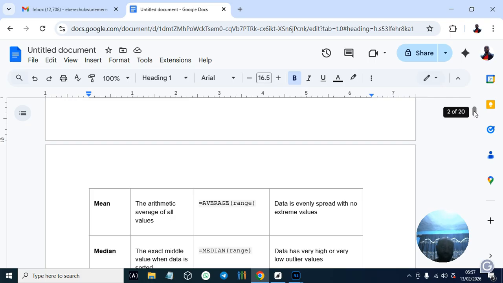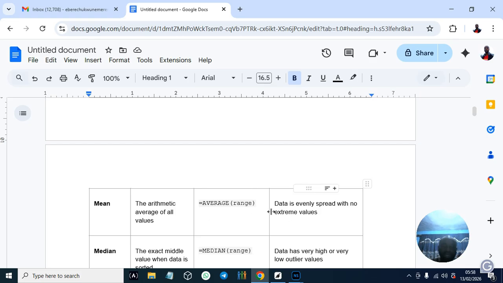So it's just mean. It's just another name for it. So that's why I said you should not be afraid. We have been using it already, but we're going to be using it more on these projects in this class. So this is the formula: equals AVERAGE, brackets, what you want. Remember, in our last class I told you that every formula must start with equals to.